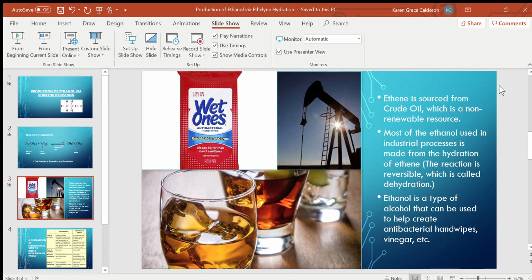Now, in the next slide, ethene is sourced from crude oil, which is a non-renewable resource. Now, ethanol is actually starting to become more and more in demand, more and more popular for us to use, since there are multiple ways for us to use it. So later on in the years, after figuring out how to produce ethanol through hydration,